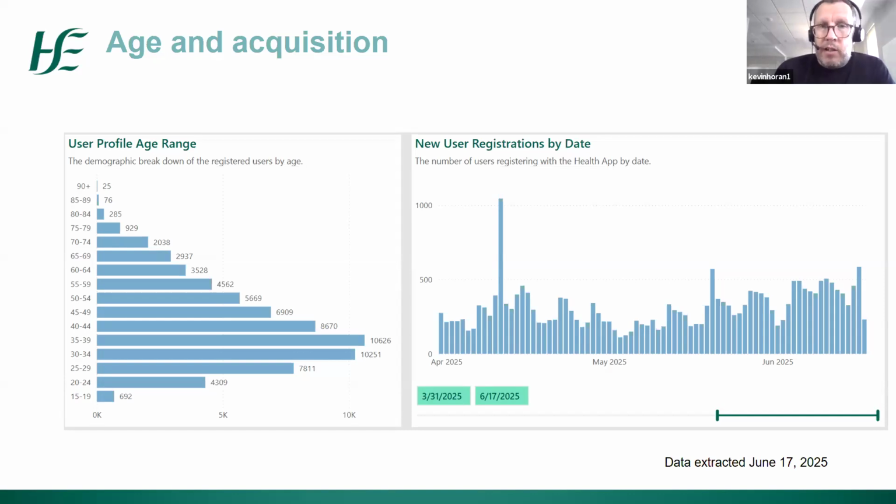It's a deliberate plan to do a slow and steady rollout. Our plan is to bring additional people into the app when we can offer more value for them. So the more appointments that we add in and the more services that we add in, the more we'll extend out the outreach to get people onto the app. So we would see that ramping up later this year and into next year.